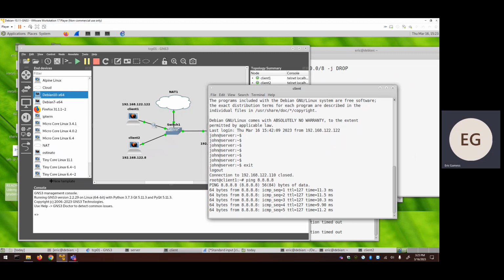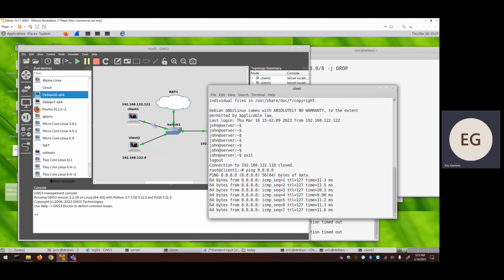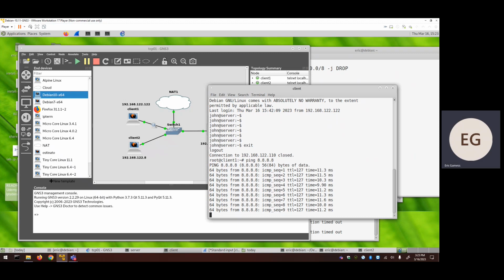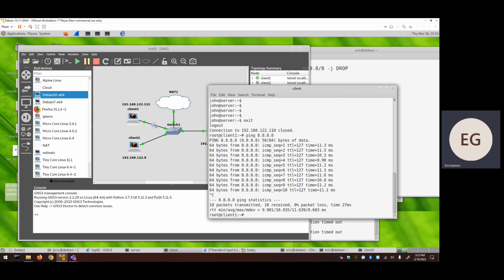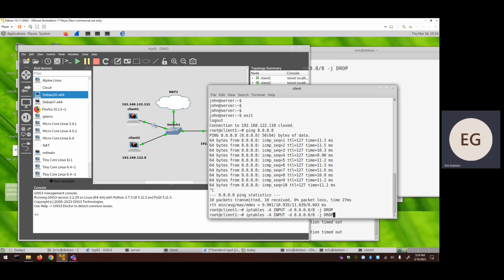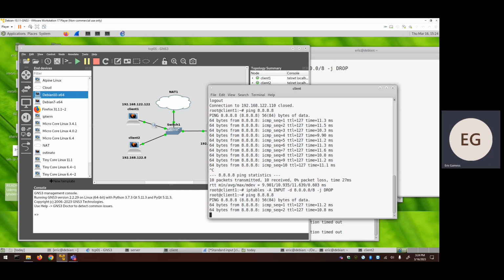So when I apply this rule, I should not be able to ping Google. So what rule should I apply in PC1, the one that we just mentioned? iptables -A in the INPUT chain, destination 8.0.0.0/8, I am going to drop them. So now if I try to ping Google,